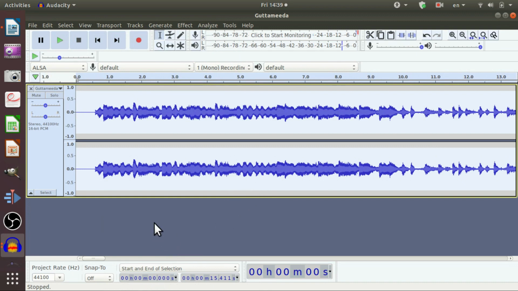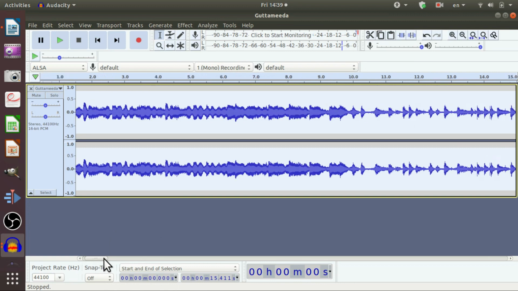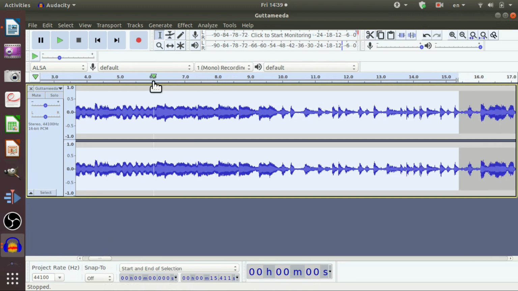So here is the default normal. Now we can see the timeline here, 5 to 10 seconds at a time. This is what zoom normal does.